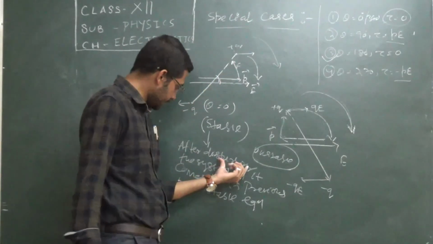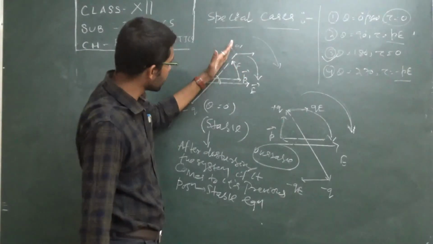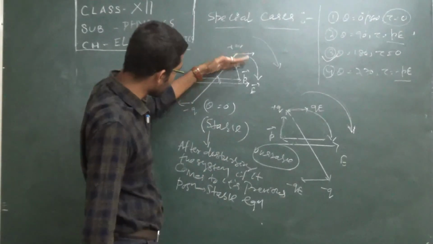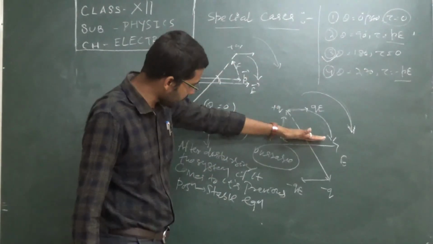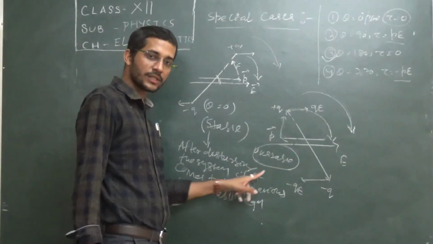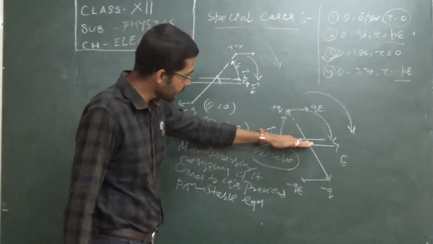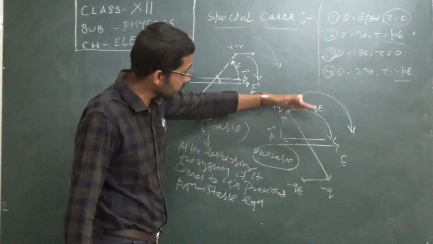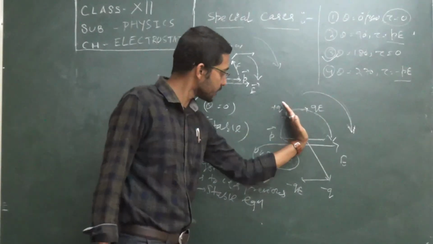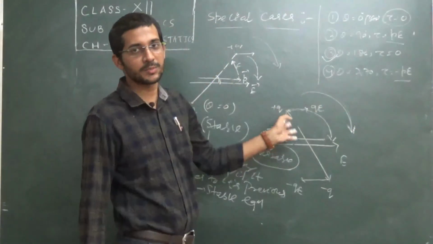So after disturbing the system, like here, its system was here, we disturbed. So the system now is here. If it comes to its previous position, so what is happening? Due to torque, it again falls back here. But in case of the unstable one, the definition will be: after disturbing the system, if it doesn't come to its previous position, then that is called unstable one. So this is the previous position, actual position. You disturbed it, it went like this. But the couple is going to form in the clockwise direction always due to electric field. So instead of this electric dipole coming here, it will go there. That's why the electric dipole is not returning back to its previous configuration.